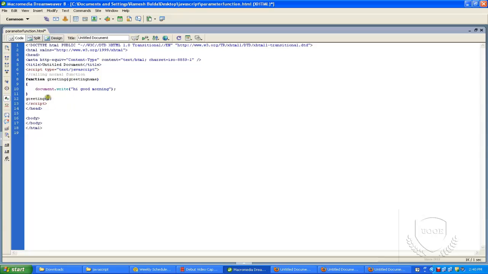Suppose right now I'm just passing one variable to the function, something like good night. Here I am passing a variable to this function.